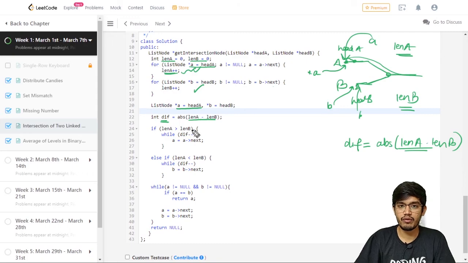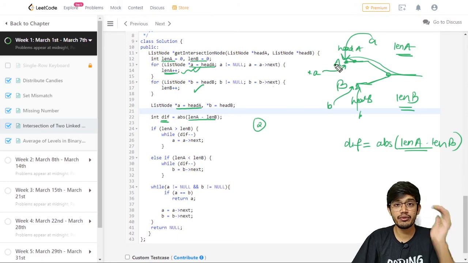So suppose the difference in this case is 2, we need to move this A pointer 2 times ahead.